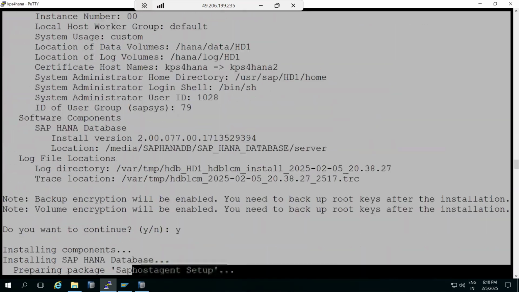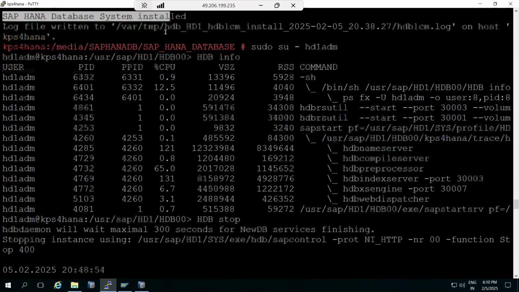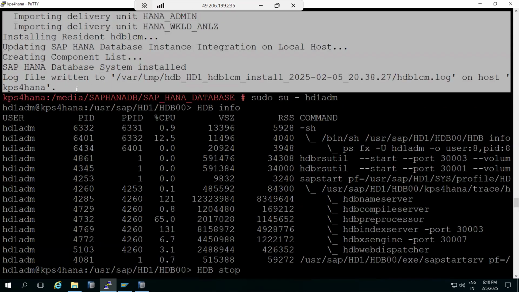By seeing this, you can understand the installation. I will share these logs with everybody. So this is the HANA installation, and